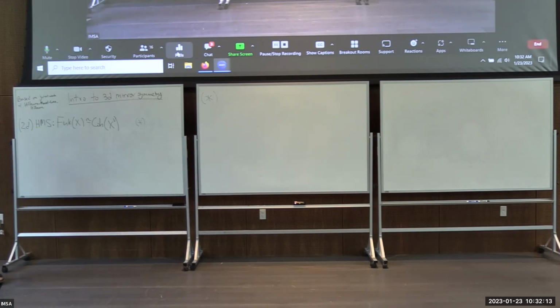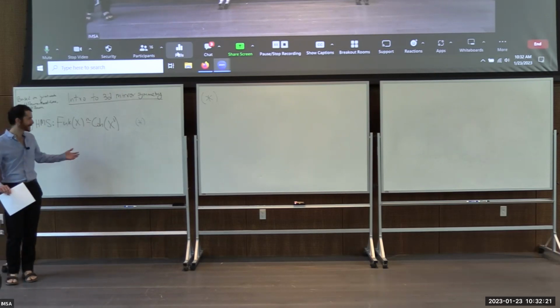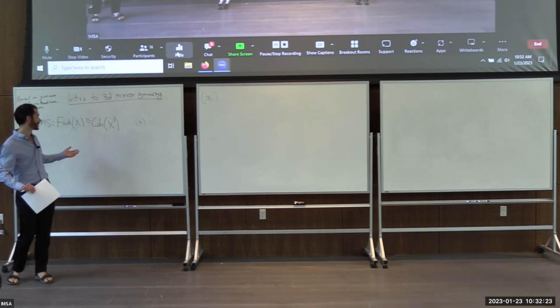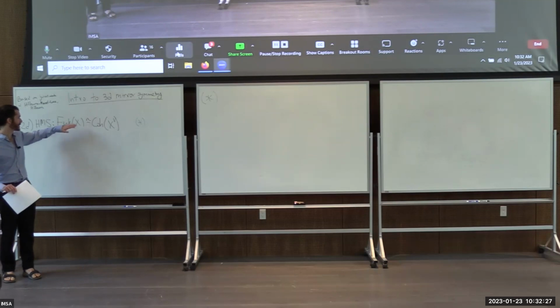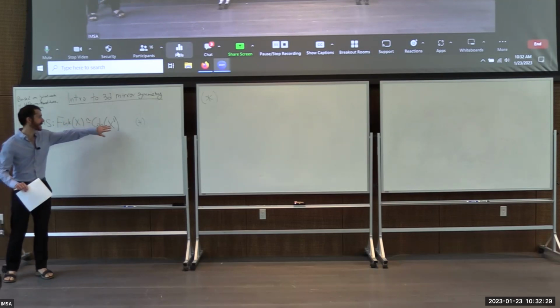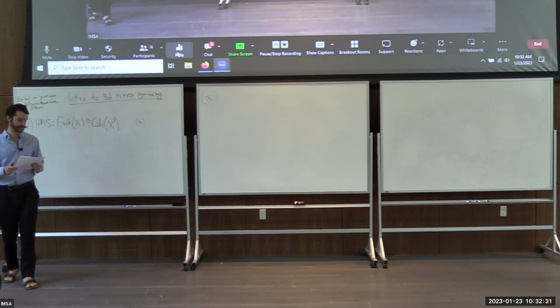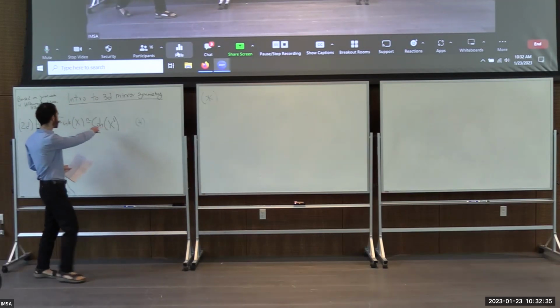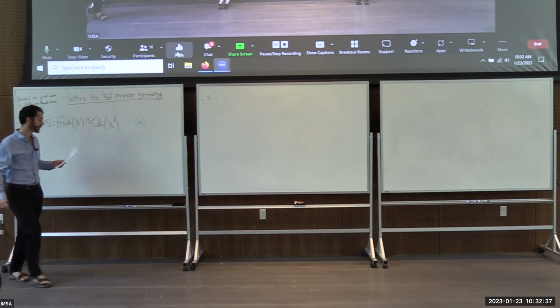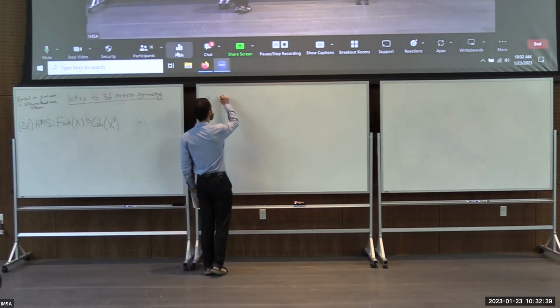So I'd like to set the stage by starting with what I've written on the board, the statement of what I would like to call 2D homological mirror symmetry, which, as is familiar to pretty much everyone in this room, is the equivalence of categories between the Fukaya category of X and the category of coherent sheaves on some dual space X check. So what is this statement that I've written on the board here? This is an equivalence